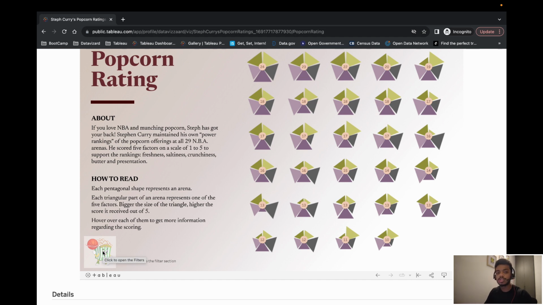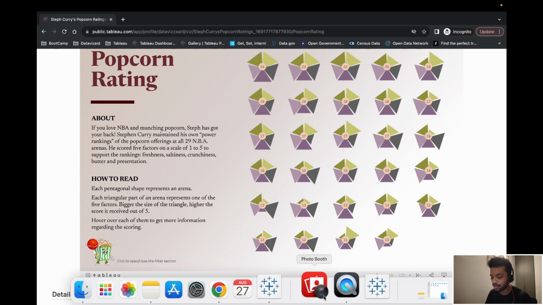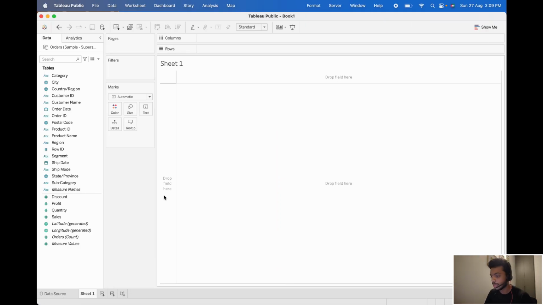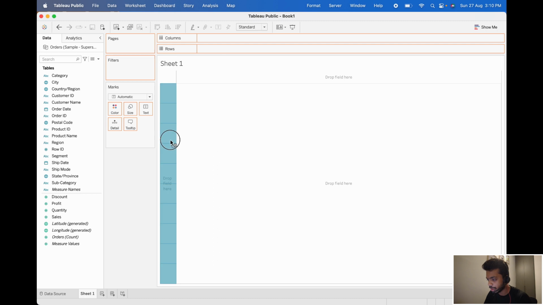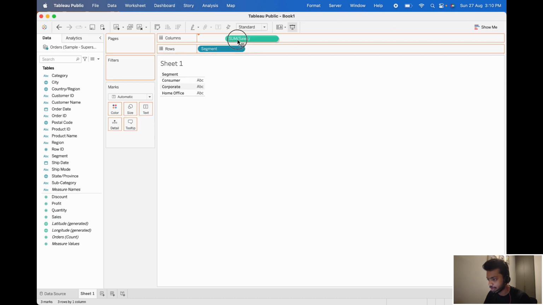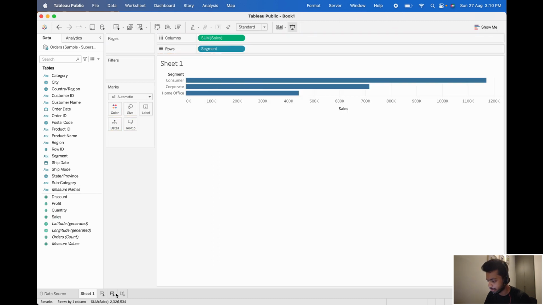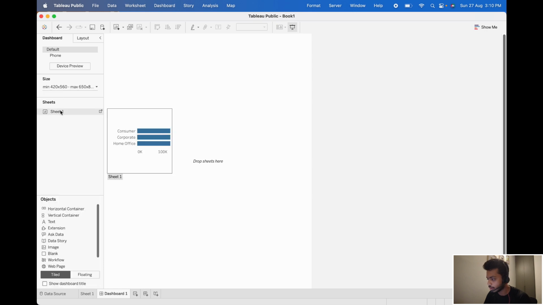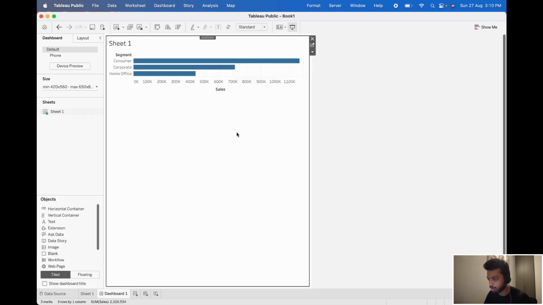Now for the ones who are not really aware of show and hide functionality in Tableau, Tableau provides this amazing functionality where you can easily use a button or an icon to control the visibility of a container. So let's say I'll just make a very basic chart. So I've dragged segments and let's say sales, that's it. I've gone to dashboard. I'm dragging this into the view,